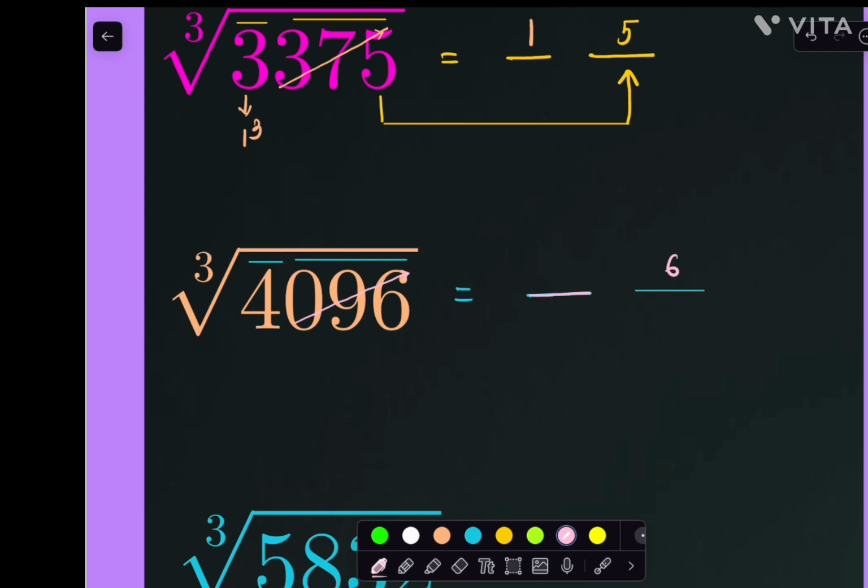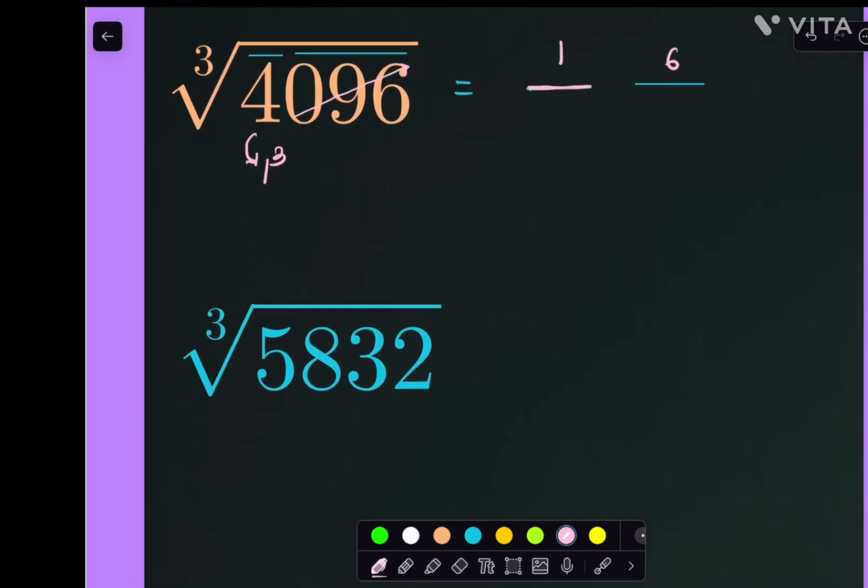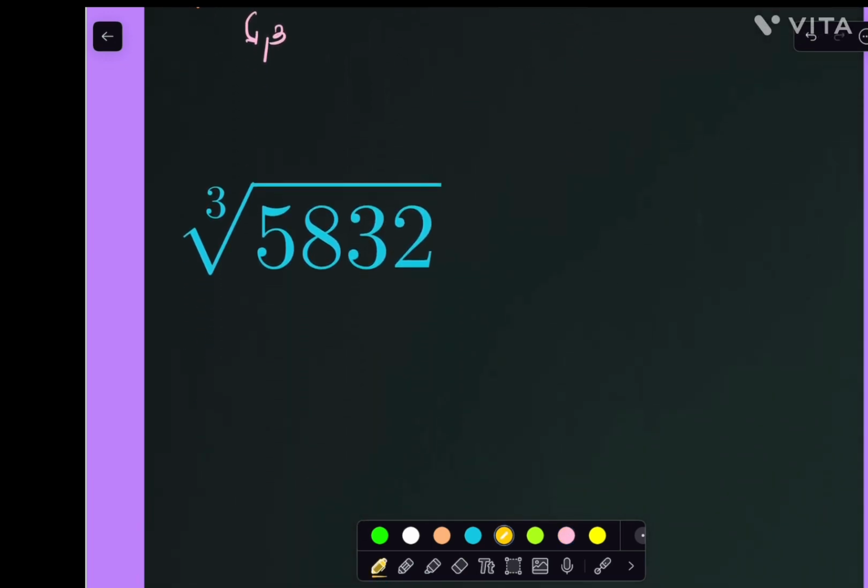To find the leftmost part of the number, now tell me the cube of a number which is closest to 4, less than or equal to 4, right? So 1 cube only, cube root of 1 cube equals 1 only. Definitely your number starts with 1 only. When it is a perfect cube, then only the unit digit is correct, right? When it is not a perfect cube also, your leftmost part of the answer is a correct one, right? So now this is a technique to calculate the cube root of a number.